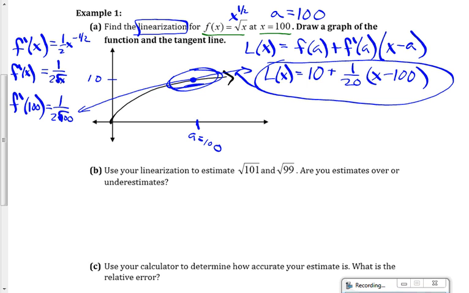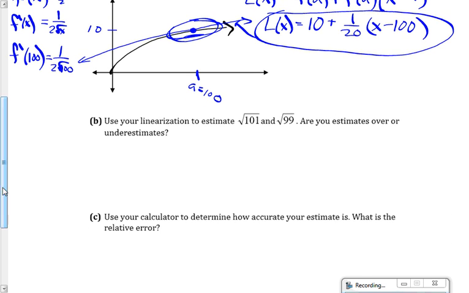Is this a new skill yet? Not really. We're just naming it something different. Okay? Do you believe me that the blue line is a pretty good approximation of the curve? Sometimes or always? Provided that we're close to 100, it's a really good approximation, right? So, knowing that,